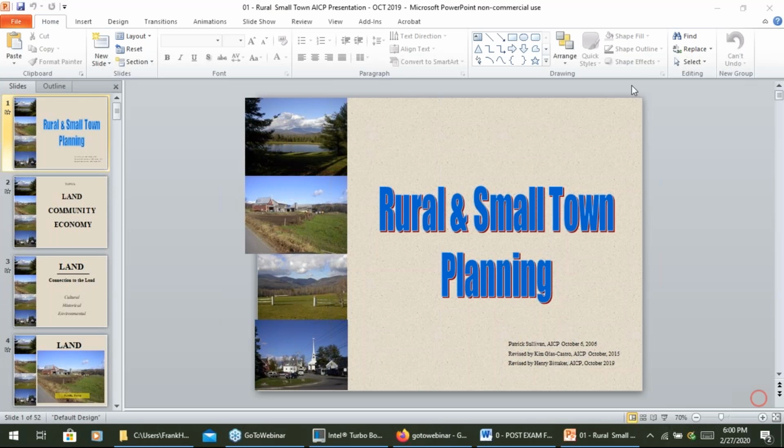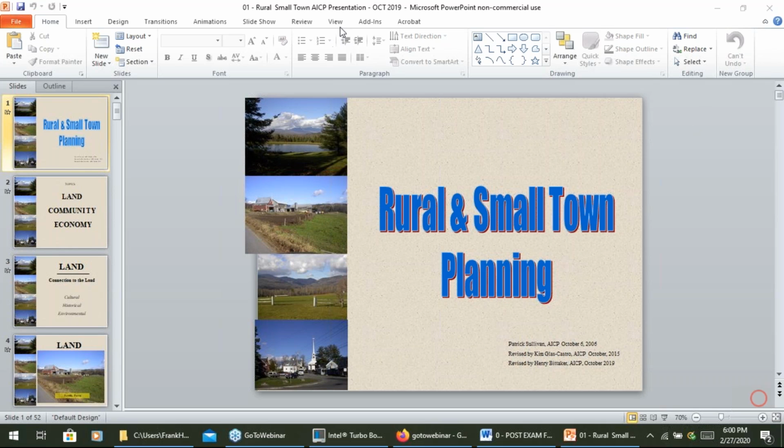Tonight, we're going to cover several topics. They're all inside the larger framework of spatial planning, what used to be the term that APA used for this area. One of the major areas is rural small town planning. I'm then going to give an overview of the spatial, and then I'll also touch on another area briefly, which is waterfront planning.